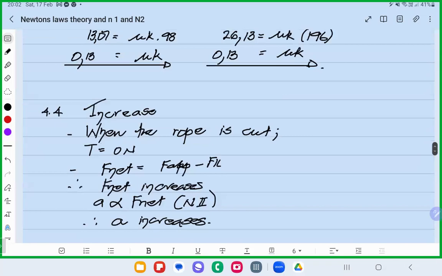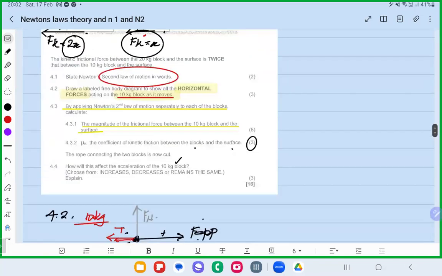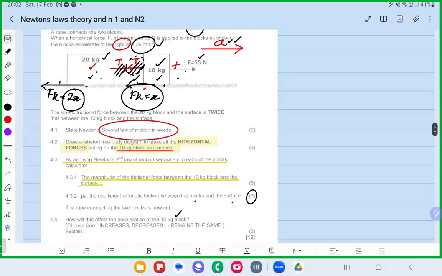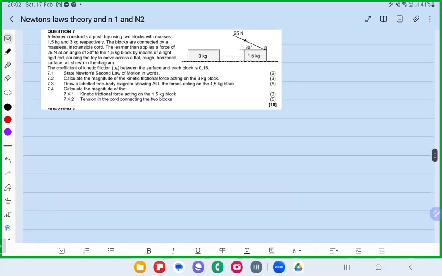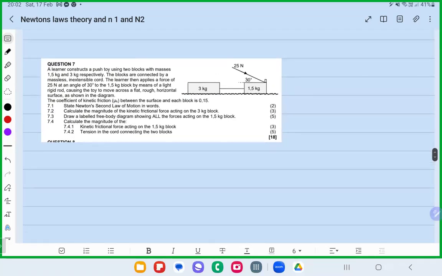Just to recap the previous example that we had done, which was a simultaneous question, had an applied force which was acting at a horizontal on a double mass system. We're still dealing with a horizontal situation here, but the applied force is now acting at an angle to the two masses. And what's even more important here is that the applied force is acting downwards at an angle. What you need to also understand is that although the applied force is acting downwards, the two blocks are going to be accelerating